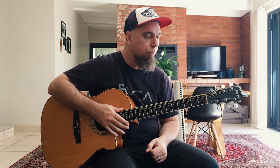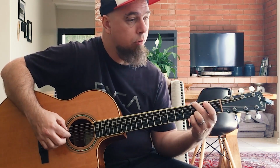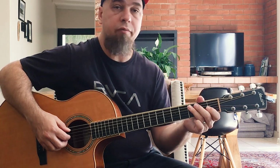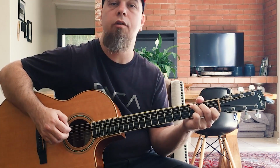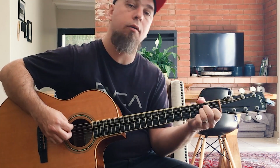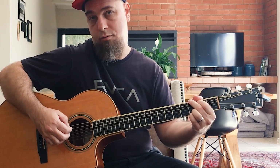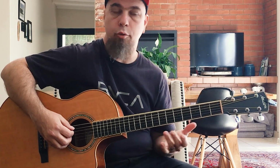Now, what's also really cool is when you start checking out inversions. So for example, this will be a G chord with G as my bass note, my root note. But I can also play G over B. So when I play C, G over B, to A minor, I have this really cool descending bass line. So C, G over B, A minor, instead of C to G to A minor. So this sounds a lot smoother than, say,